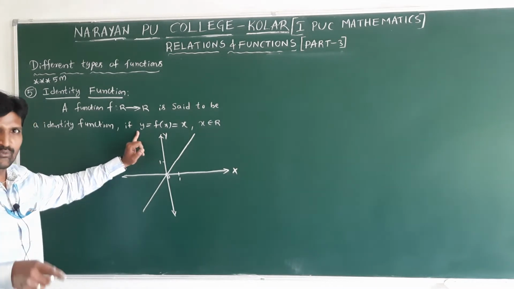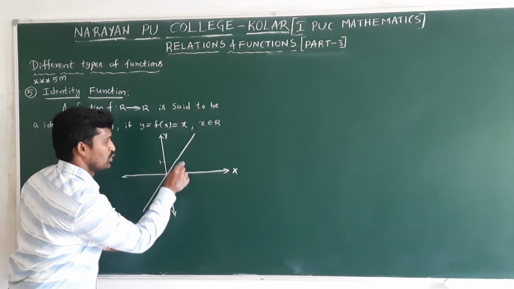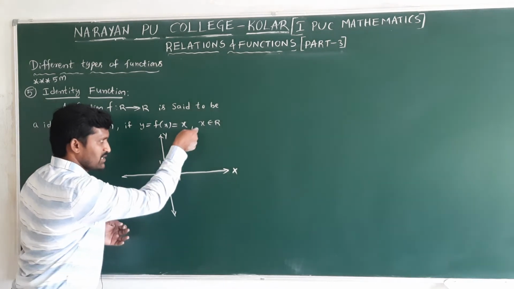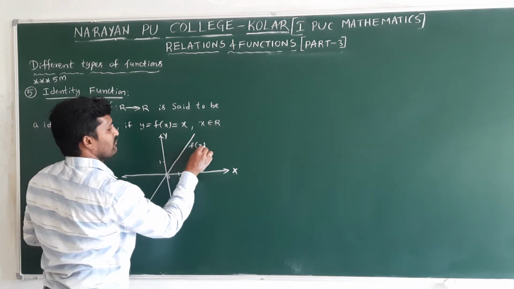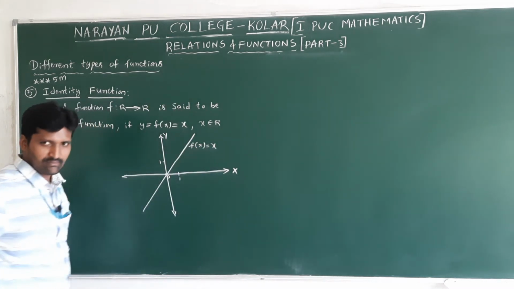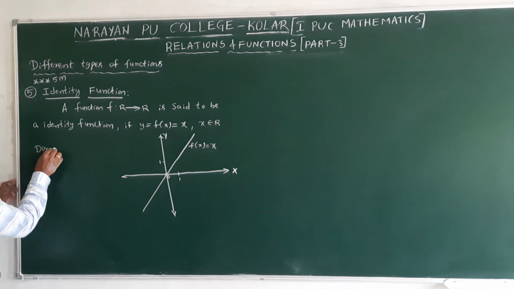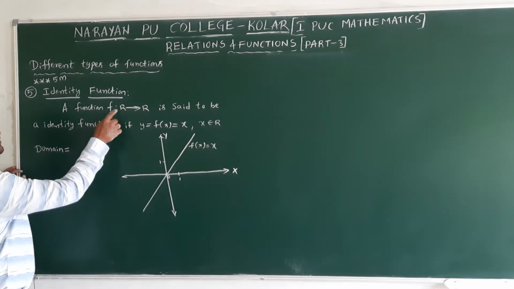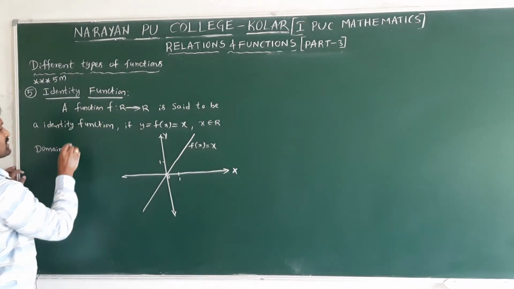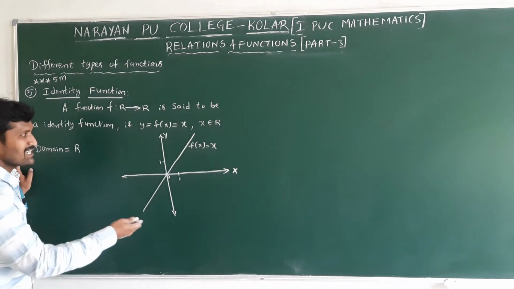Because to draw a line, we need to plot the points. So we do not require many points; if you take 2, 2 will come, then 3. It forms which one? A straight line. This is f of x equal to x. Here we need to write the domain. Domain, already what I said, if f is defined from A to B, this is called the domain. Real numbers.